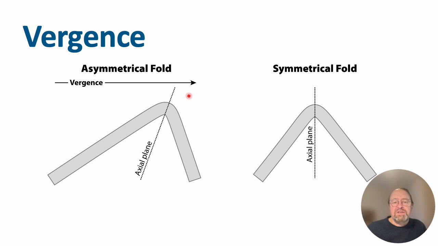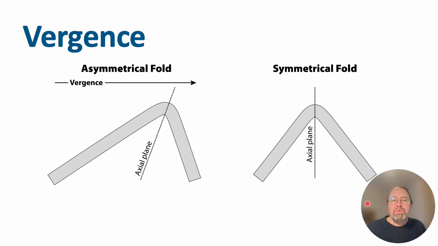It gives us a sense of shear, which can be used to understand tectonic stresses and the direction in which rocks have been deformed and moved in the past. So vergence in asymmetric folds is very important for interpreting the geology,